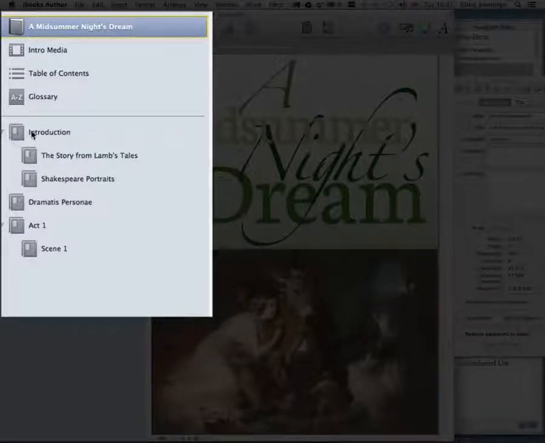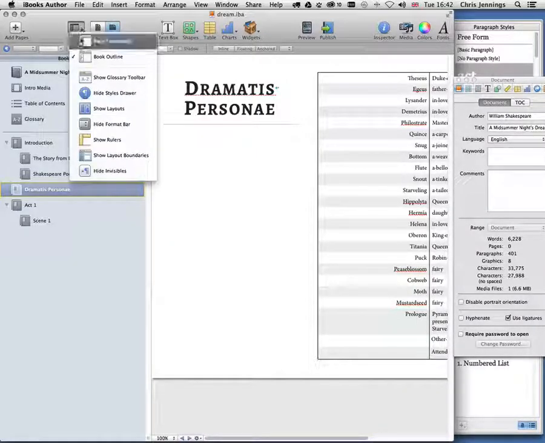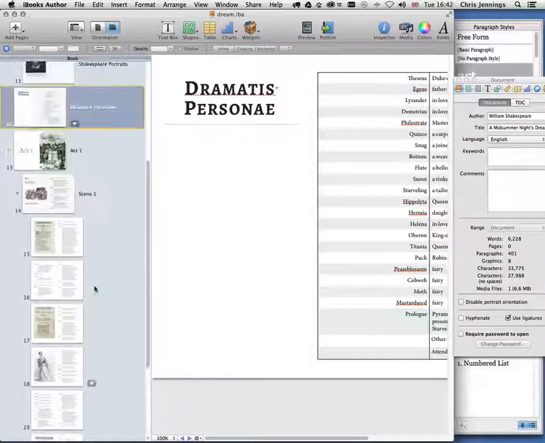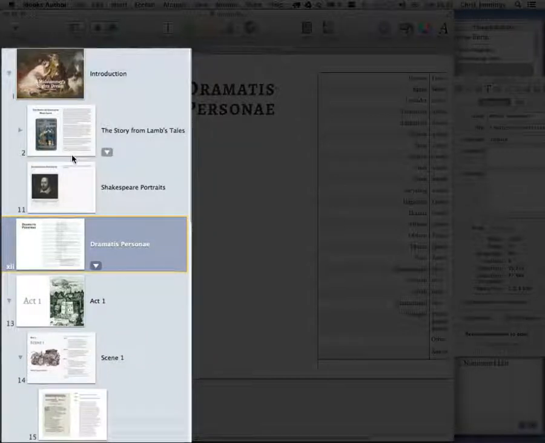We simply have under the introduction, the story, Shakespeare Portraits. Then at the same level, we have the dramatis personae. And then we have the first act, and the first scene within that. Let's go back to the page thumbnails, which gives you a little bit better idea of how things are structured. So this introduction, which is in fact my title page. Within that we have the story from the Lamb's Tales, and then we have Shakespeare Portraits, the slideshow